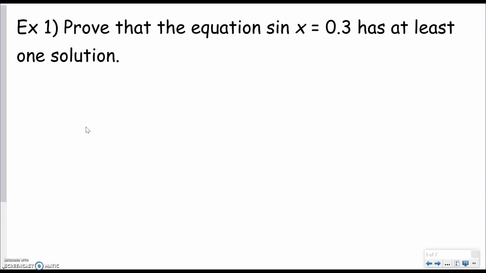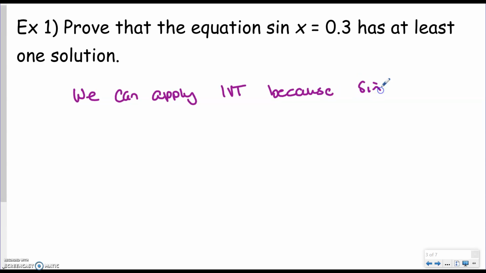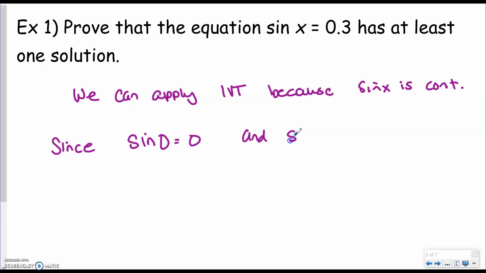Prove that the equation sine of x equals 0.3 has at least one solution. Let's grab a pen here. We are going to say we can apply IVT because sine of x is continuous, since we know that the sine of 0 equals 0, and the sine of pi over 2 equals 1,